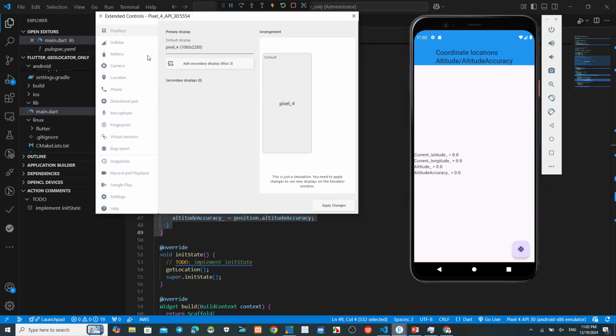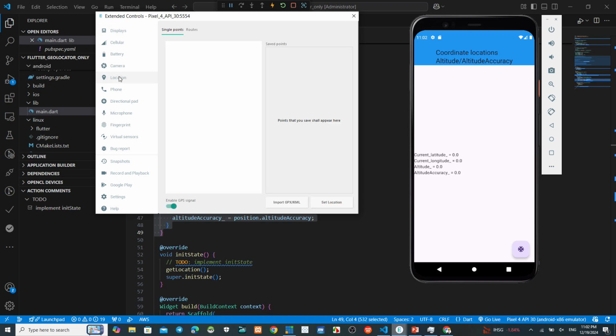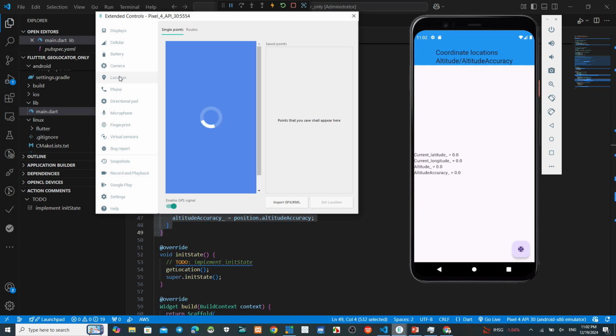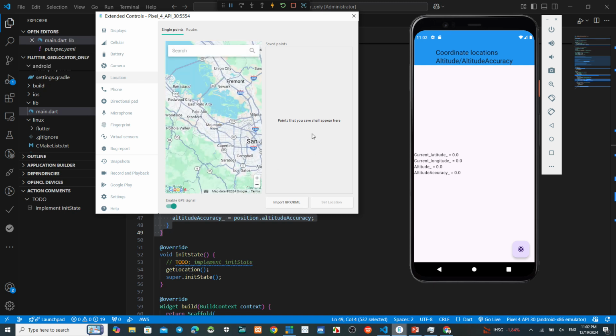Okay, now this one, click the location. Okay, if you want to set your lat long here, so click here, search, for example, Tugu Monas, Jakarta.